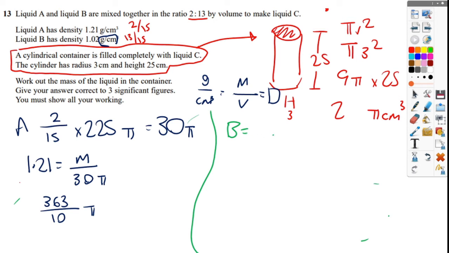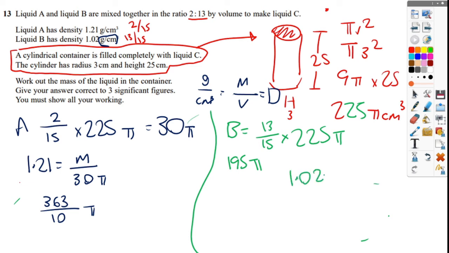Right, let's do exactly the same to work out B. I know B is going to be 13 out of 15 times the total, which was 225 pi. When I times that together, 13 over 15 times 225 gives me 195 pi. I need to use my density formula again. My density for this one is 1.02, which equals mass, which is what we're trying to find out, over my volume, which is 195 pi. So to work that out, I've got to times both sides by 195 pi, which gives me